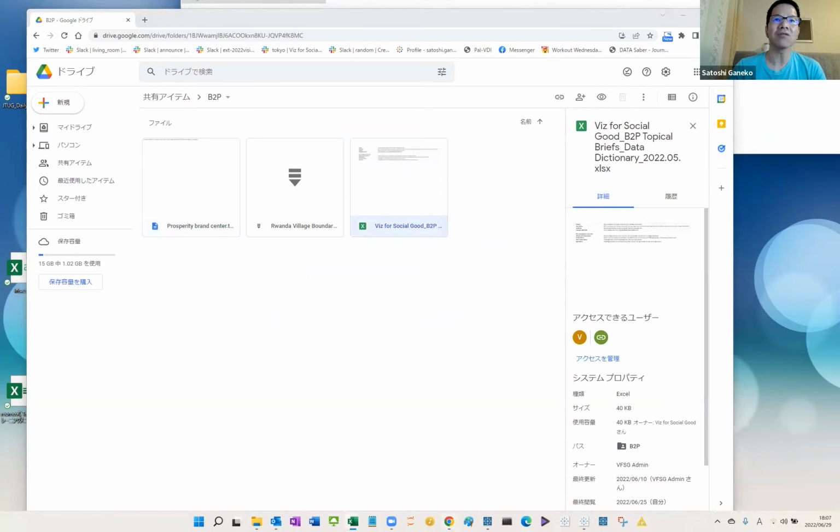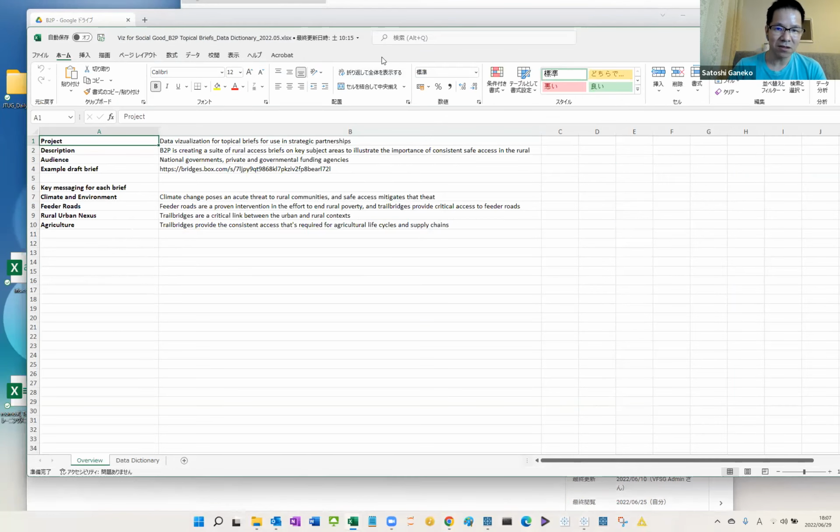It's a little bit tricky. This is that Excel file, and this sheet is really important. It says what this project is for and how to make messages, or how to tell the stories about their impact, their vision and their action.